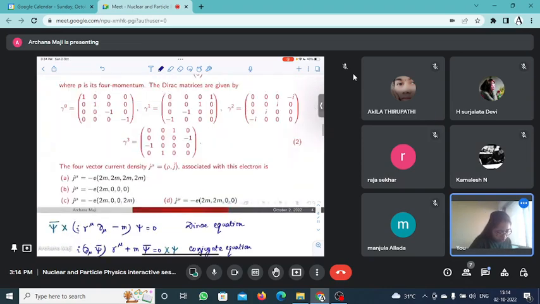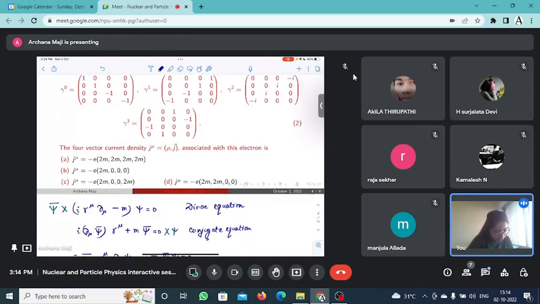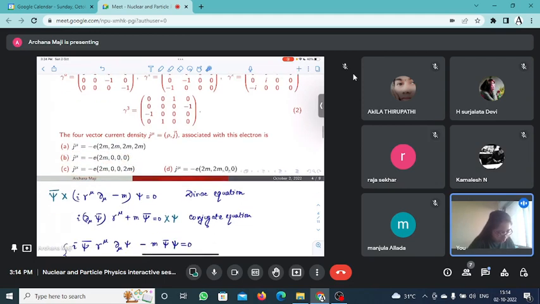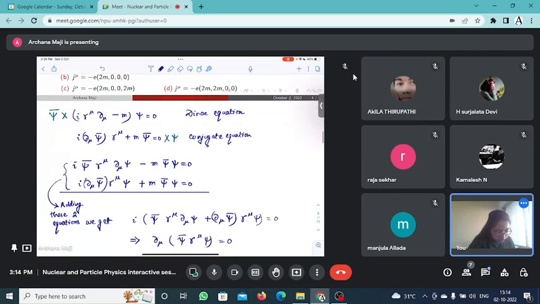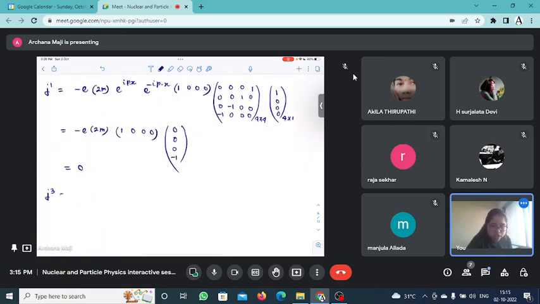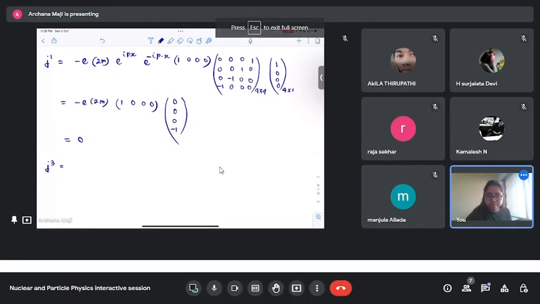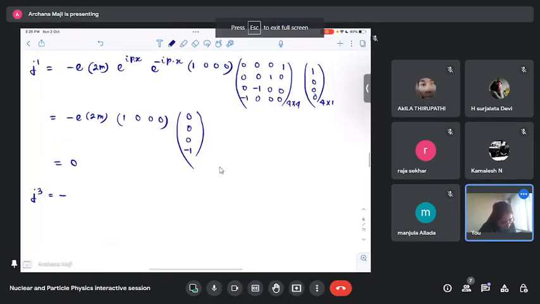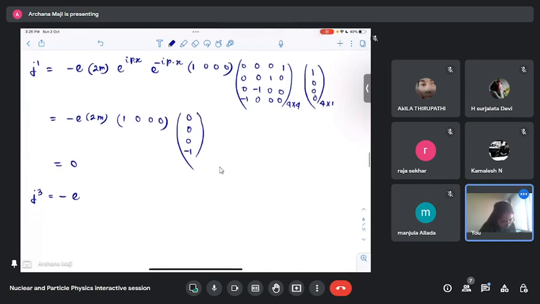Okay, so the option could be either this or this. So let's check J3, because if J3 is 0 then the answer would be this, otherwise if it comes out to be 2m then this could be the answer. So to compute J3, we need to use gamma 3. So psi bar we already have computed,